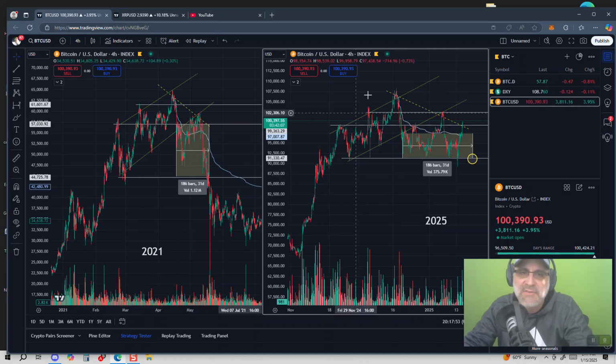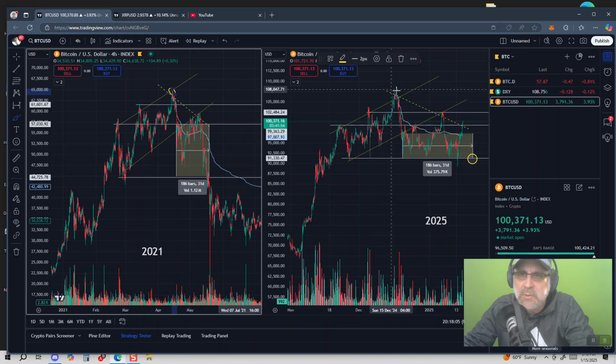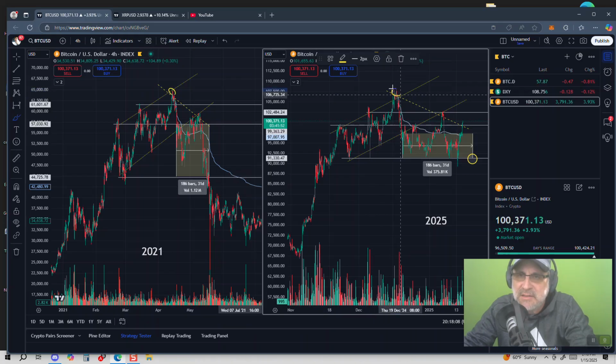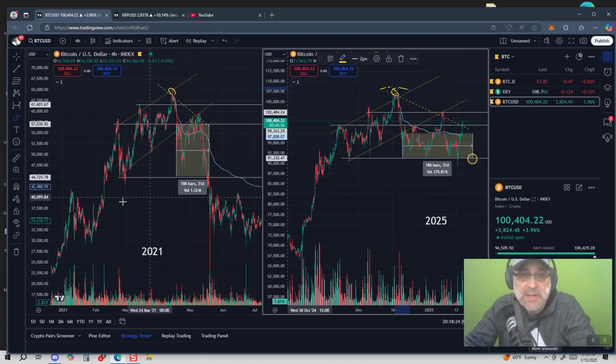So we have the 3 drive on both. We have the preliminary supply area here, and then we have the 5 wave on this ending diagonal. Here was the all-time high back in '21, and here's the all-time high today. The last one we had, 108 grand up here, and then we marked down, broke structure. This is all normal. Came under. This was the macro trend support, so it's broken through. It now became resistance, and then we started a new